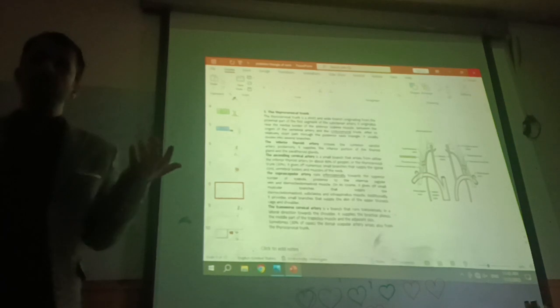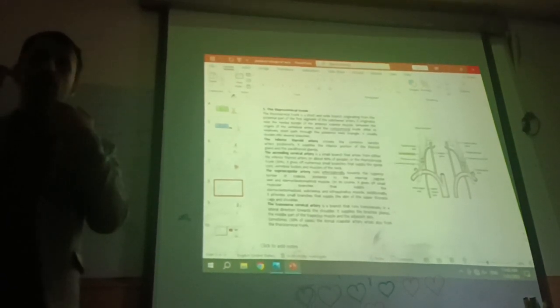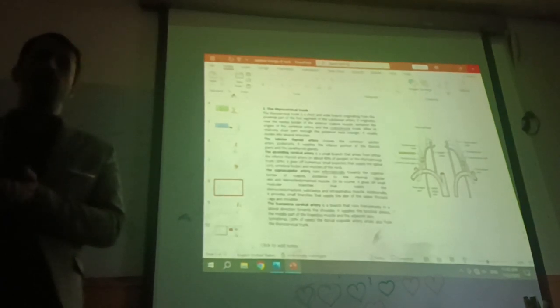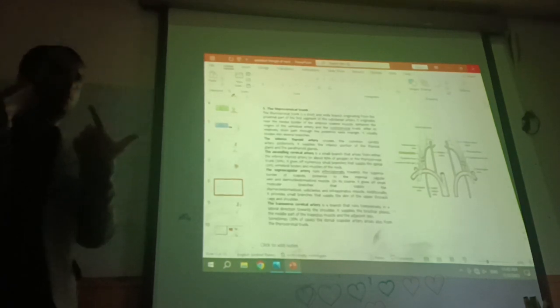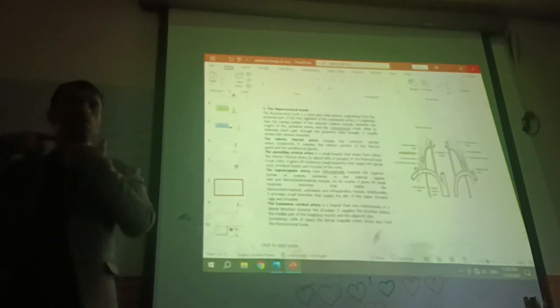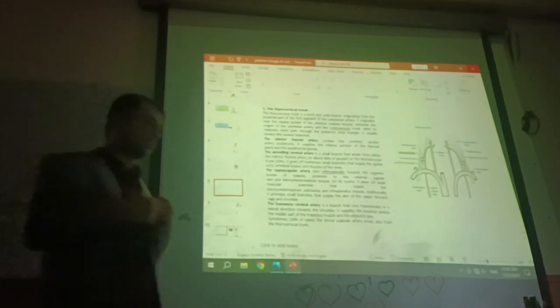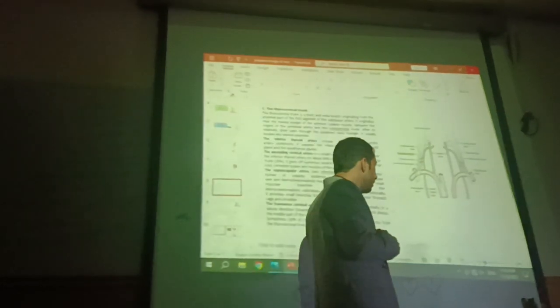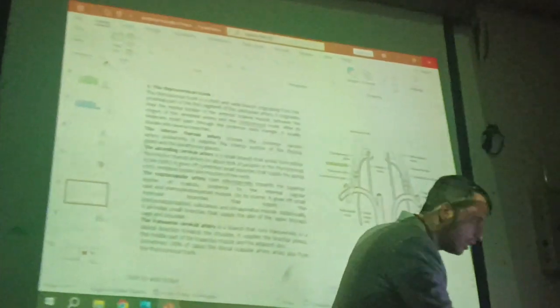So, where is the safe area for cutting this artery during removal of the thyroid gland, thyroidectomy? The safe area is just near the thyroid lobe, because near the thyroid lobe, the artery and nerve are separated from each other. So, another branch, as we can see here,